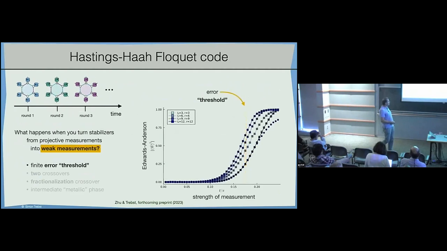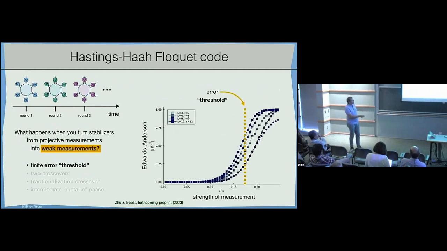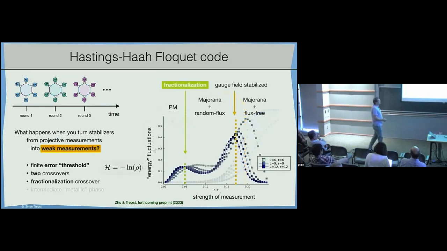Okay, so what happens? Well, like in the Nishimori problem, weakening the measurement will eventually destroy this phase. So you will no longer be able to purify your system to a topological state. And there is some threshold which is not very clear here because the systems that we do here are very small and finite, up to 12 by 12 and 12 rounds of measurements. But what's more interesting is, if you just look at the order parameter describing that topological state, but if you introduce a